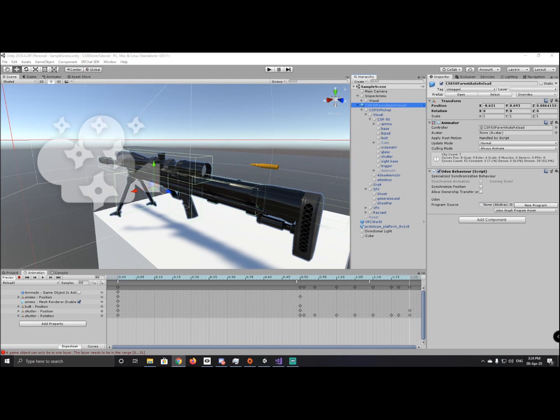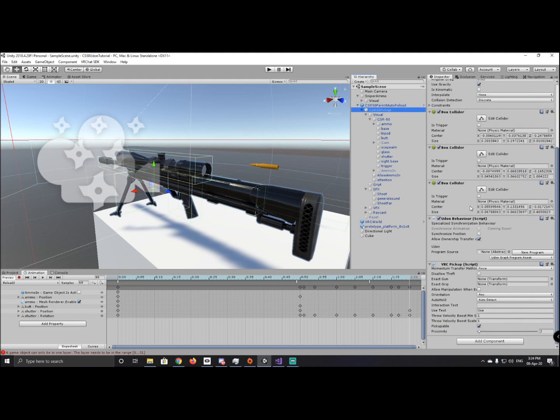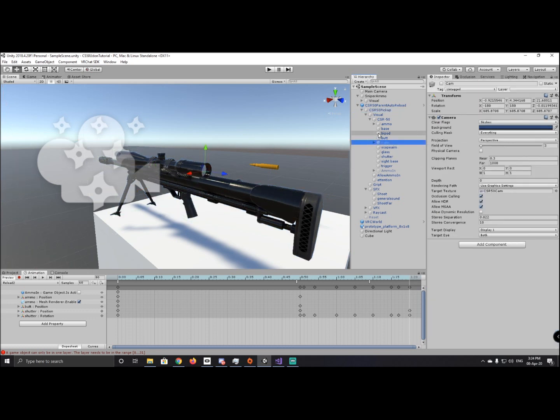Now, how do I put the script? In this tutorial for this gun, I put one Udon behavior at the main animator, which allows the animator to access the script inside. Remember that the animator controls most of the things. Next script, Udon behavior, I will put in the pickup child, which only does the main pickup. Enable the camera, tell the parent animator that, hey, I'm holding the gun now. At the same time, allow the player to press either the R on their keyboard or the VRChat menu button